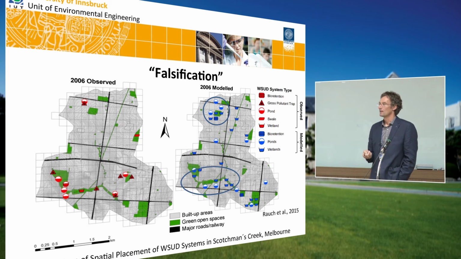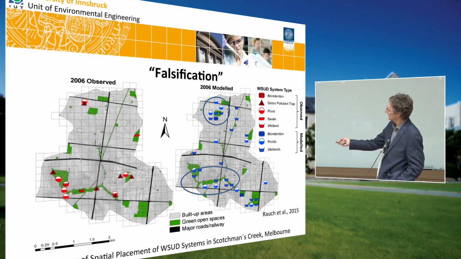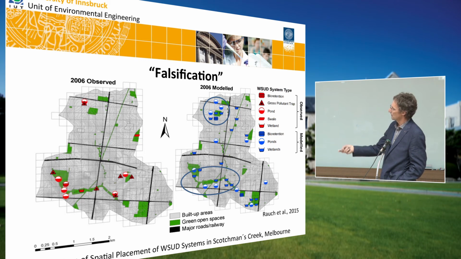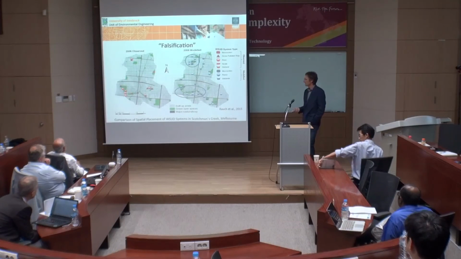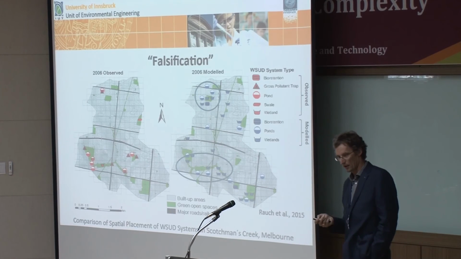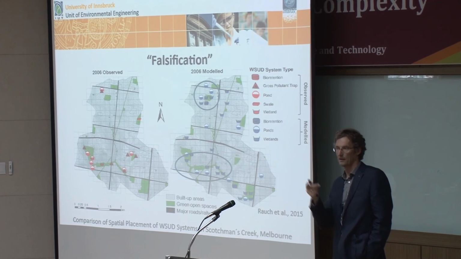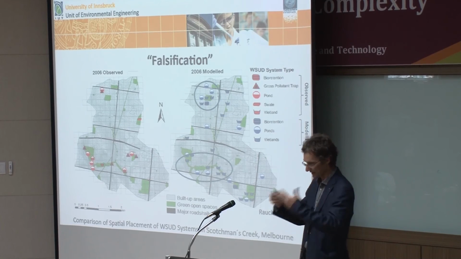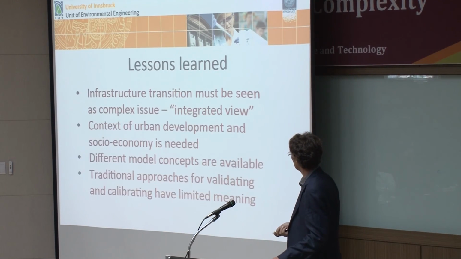sometimes make something like a validation. You have seen that picture before already, or at least this one here. We could make some comparison between observed and modeled systems, but in terms of really a stringent calibration or even validation of these models, it's not really possible, and we end up with what Anna already explained. These are scenario tools for development of ideas, of possible futures, and not really strict deterministic model results which we can directly translate. Coming to the end,